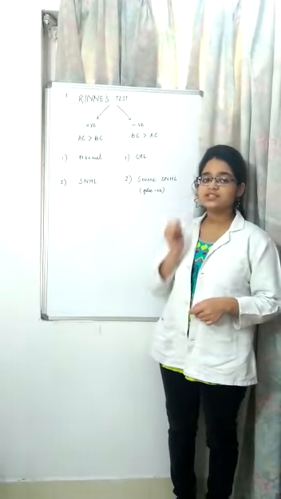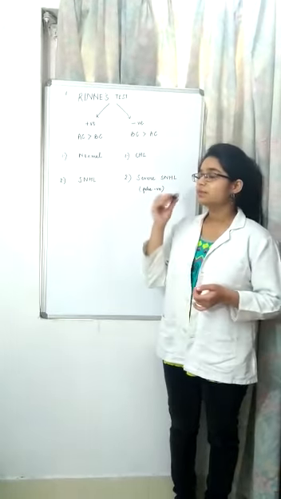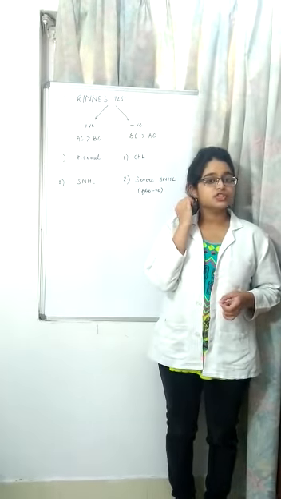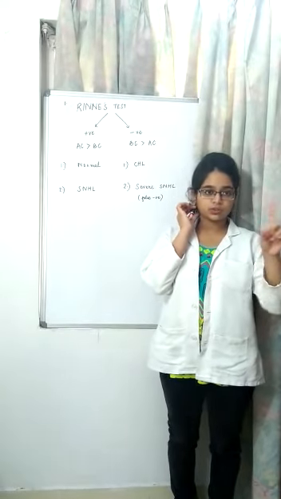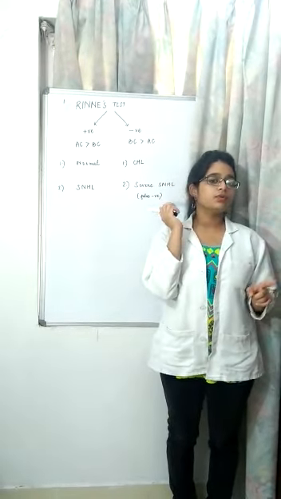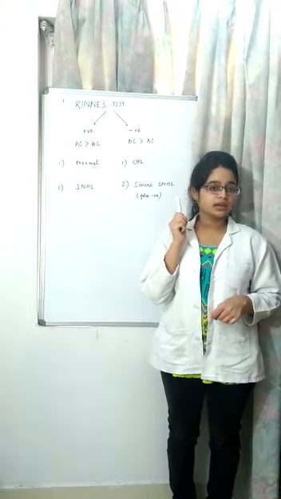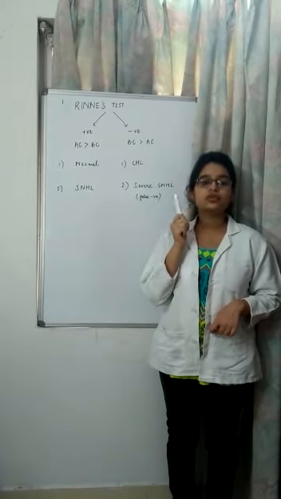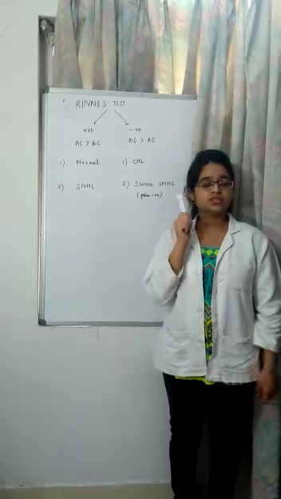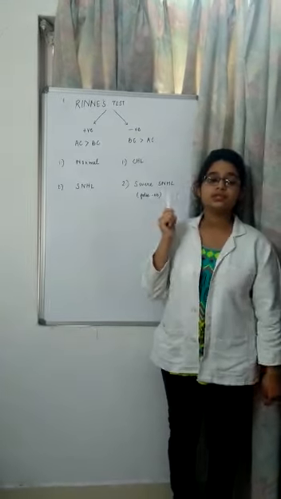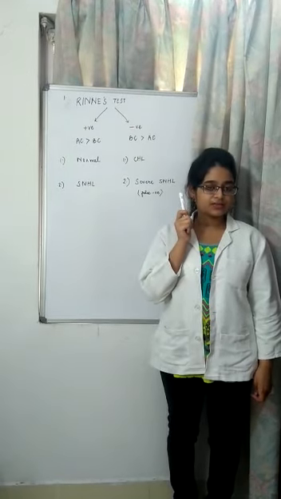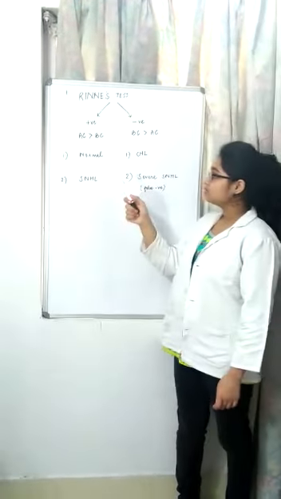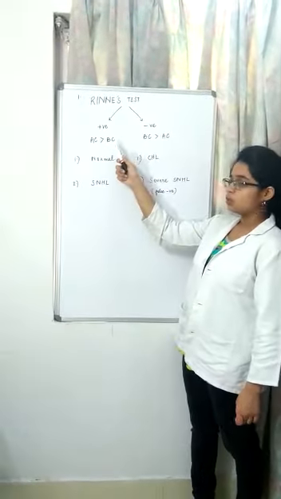Alright, so we are first checking the bone conduction. We place it over the mastoid and ask the patient to indicate when he stops hearing. When the patient tells you, okay, now I don't hear it anymore, you bring the tuning fork from the mastoid and check the air conduction now. You bring it in front of the patient's ear. If the patient is still hearing this air conductive pathway in front of the ear, that means the air conduction is more than bone conduction.